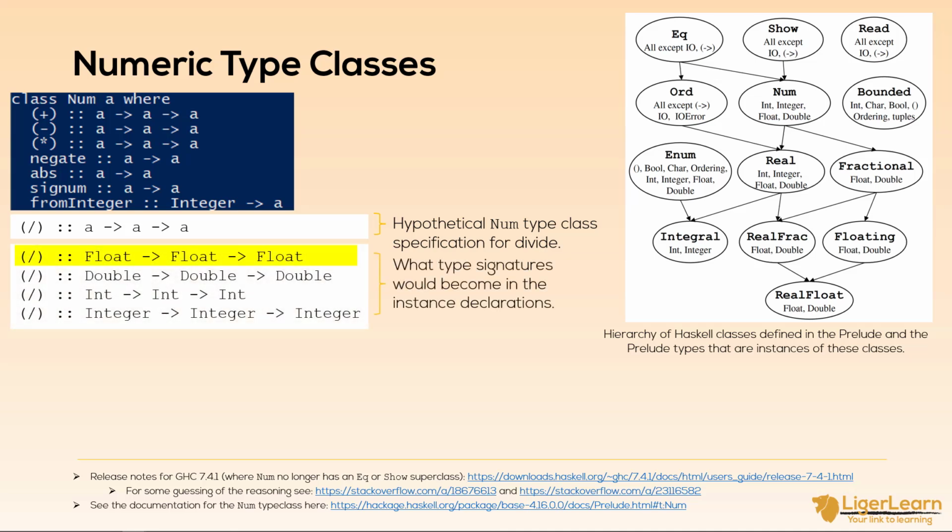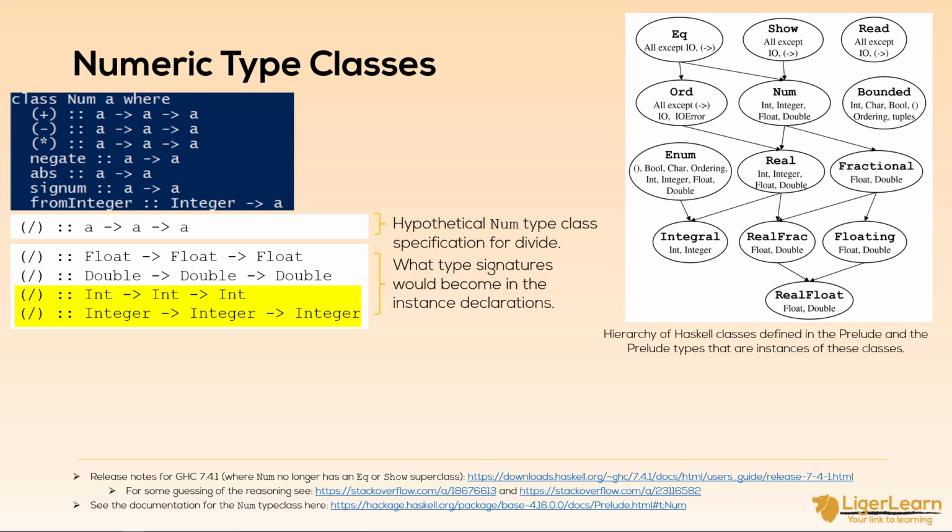So for the float instance, we would take two floats, divide the first by the second, and return a float containing the result. Nothing wrong here, everything would work as we would expect it to. We have the same situation for the instance for the double. We take two doubles and return a double result. Again, nothing wrong here. But what happens when we look at what the int and integer type signatures would be